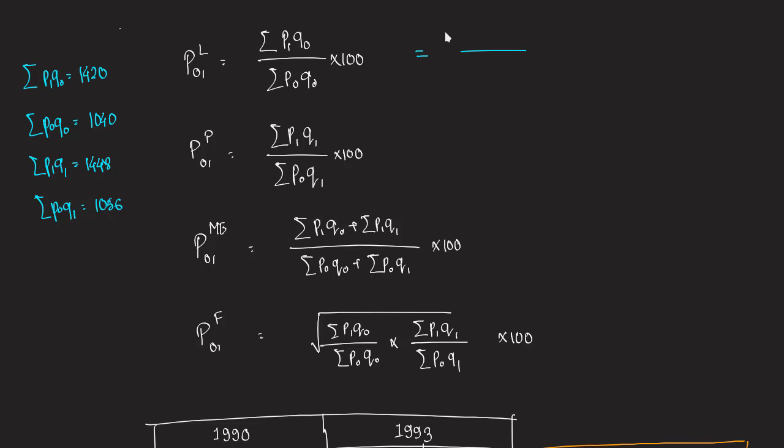So let's place the values. 1420 divided by 1040 into 100,